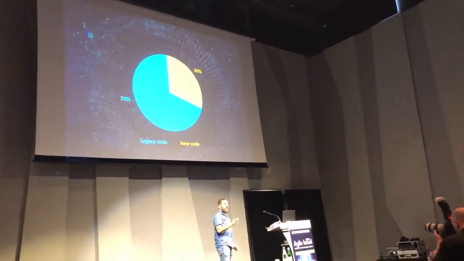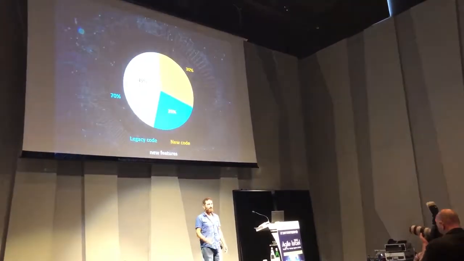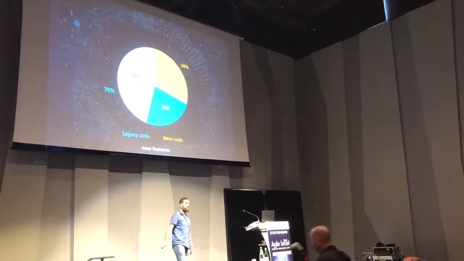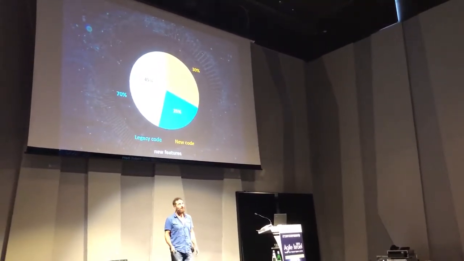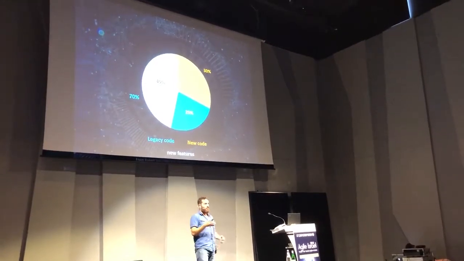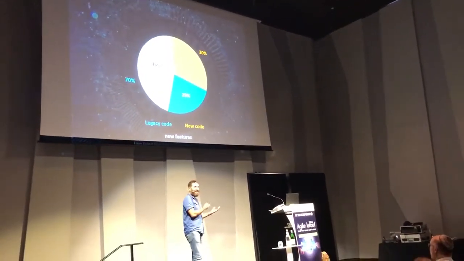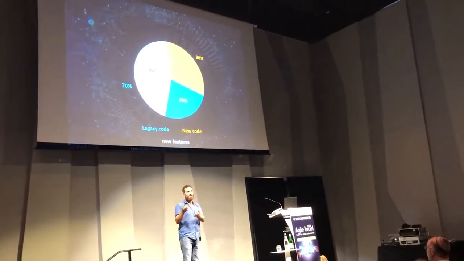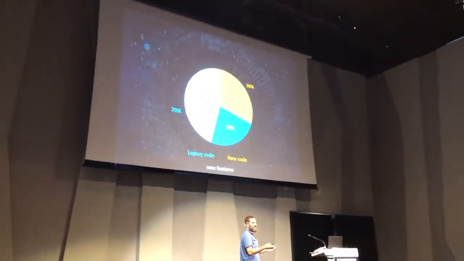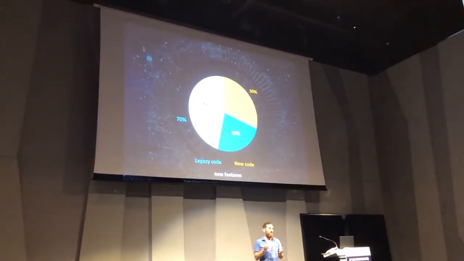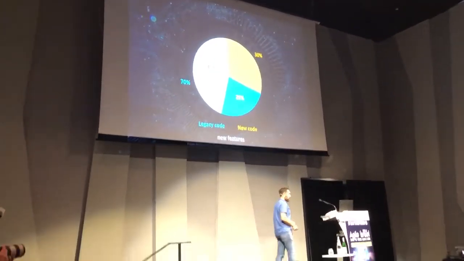But the interesting thing about it is that out of that 70%, 45% is adding new features. Okay, so actually, we're adding more value in our legacy code than we're doing in our greenfield new code projects. But everybody wants to write these new greenfield projects. The value is not there. The value is actually in the legacy code.